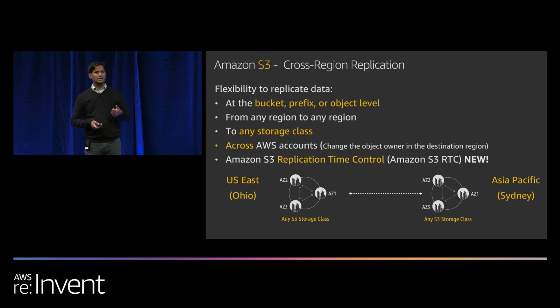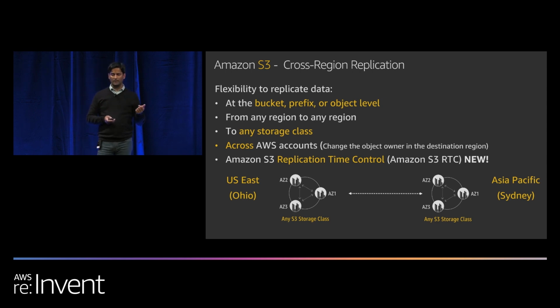S3 replication. If you have a requirement to replicate your objects to other region, a standard way to do that is enable S3 replication at the bucket level or the prefix level or the object level. It's pretty straightforward. This is no different in terms of the replication, what you have in terms of if you have a data center and if you're doing SAN replication using SRDF, think of that as similar to SRDF replication at the object store level.